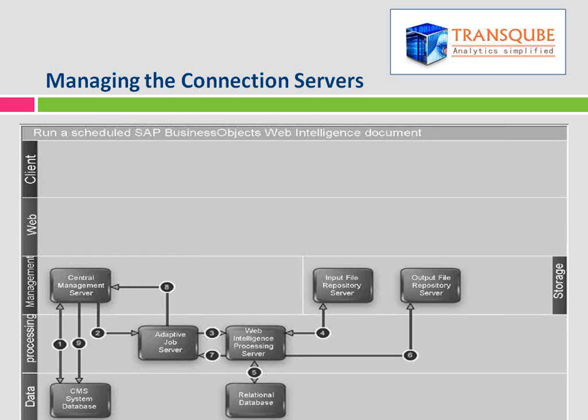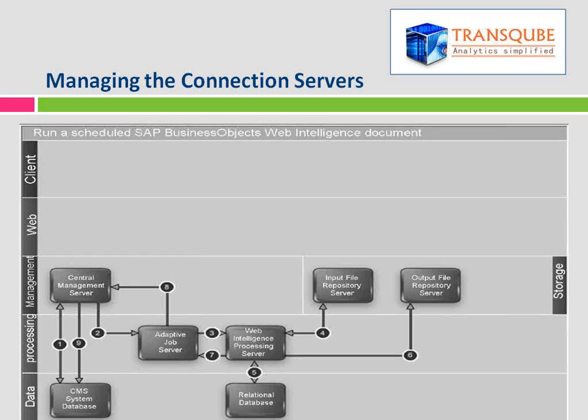Then after, a scheduled document will then be processed by adaptive job server, which internally calls, if it is a web intelligence document, the web intelligence processing server. Web intelligence process server will again require to pick up the connection information, the corresponding universe information. The universe is being hosted into the input FRS. It picks up the information from input FRS, which contains a universe and corresponding